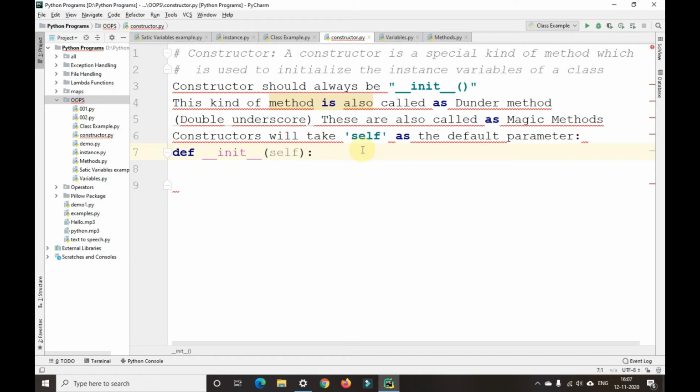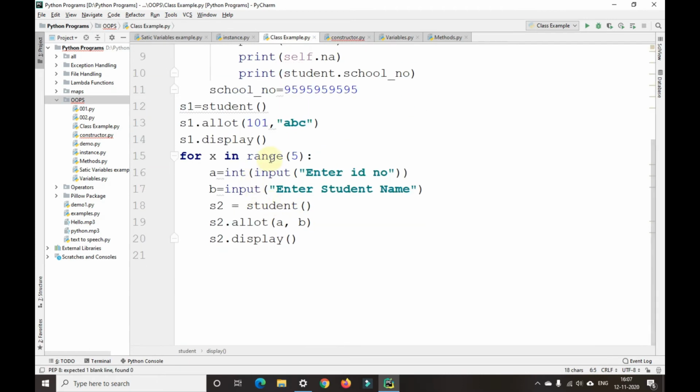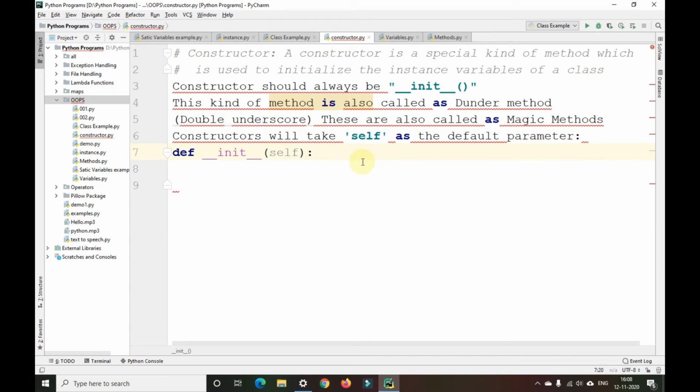Okay guys, so how is a constructor called? We need not call a constructor separately, like we call these particular methods here. We need not call a constructor like that.